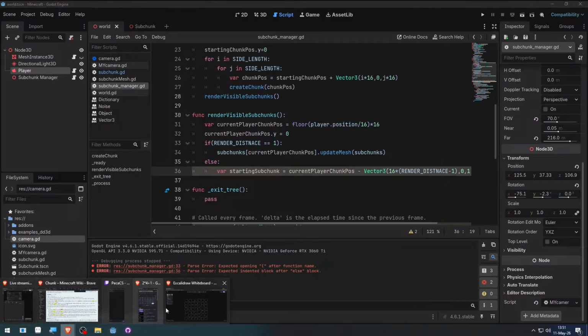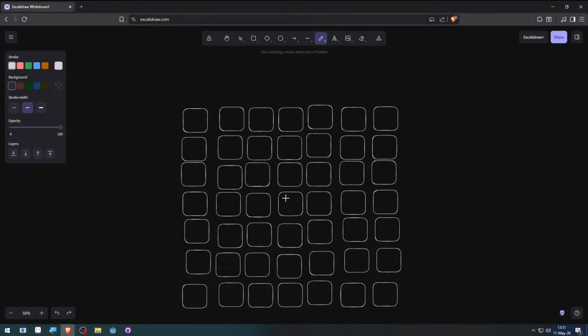Let's go back to the drawing. So if render distance is 1, it will just tell this one to render. But in all other cases, we need to go back and do a for loop. So we have this one or this one. We need to calculate the side length. Now currently, this is for render distance 1, this is for 2. So side length will be